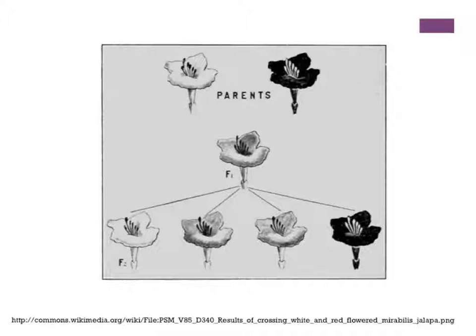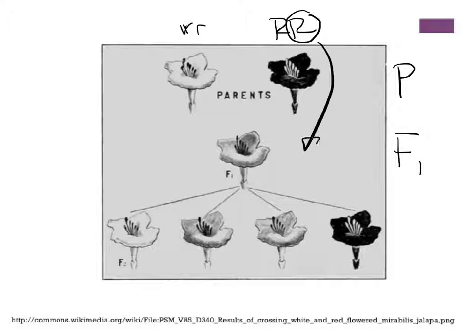And Mendel saw this in some flowers, and here's an example of what some of the early drawings were. Notice once again you have the P generation are both homozygous, so they have the same letters. The F1 generation gets a big R from here. It can get either big R, it doesn't matter. And it gets the W from here. And then in the